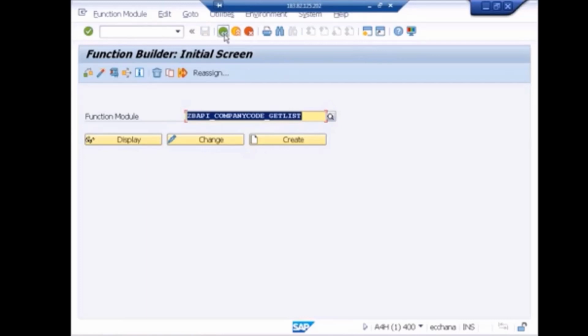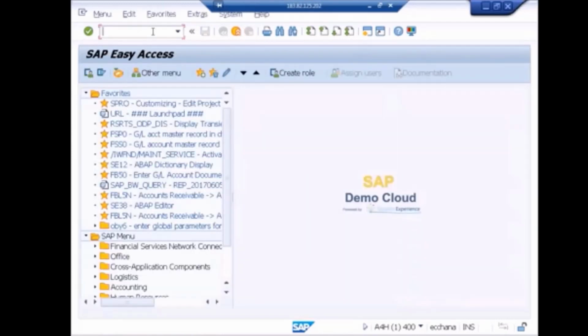So the ABAP consultant will have two things now, two function modules. One is the standard function module, another is the modified function module. The standard function module will return all the company codes, and the modified one will return only the codes depending on the range. So from the SAP system, we have access to both the function modules. But